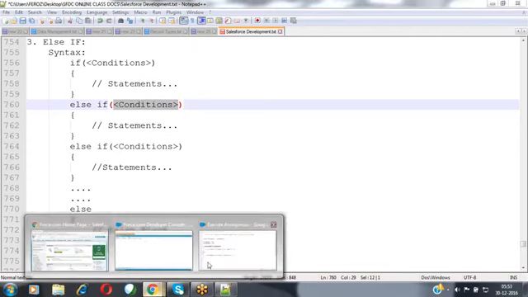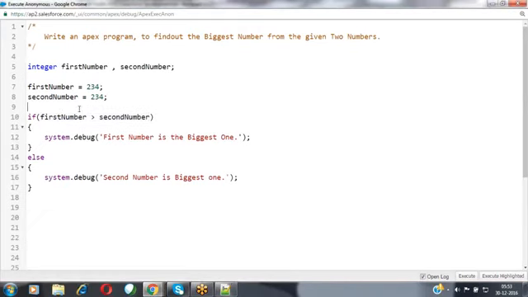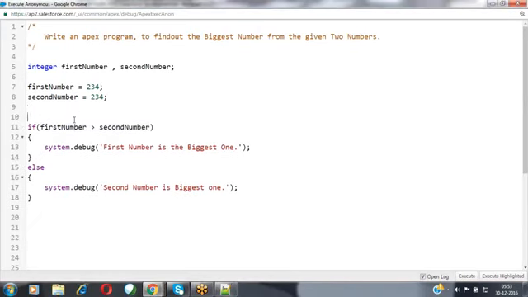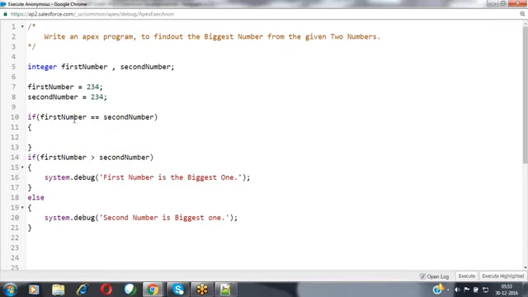So inside this program, I'm going to include one more condition: if first number equals second number, I want to show the message with system.debug: both the numbers are equal.